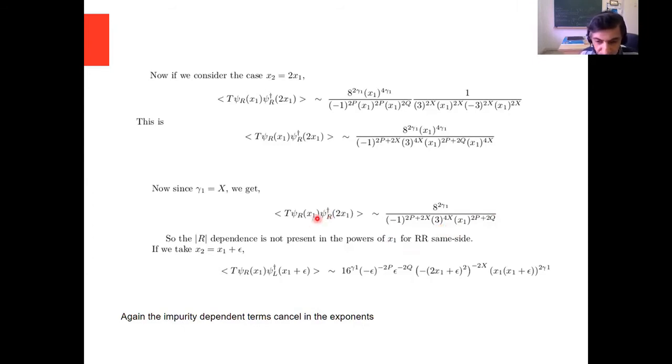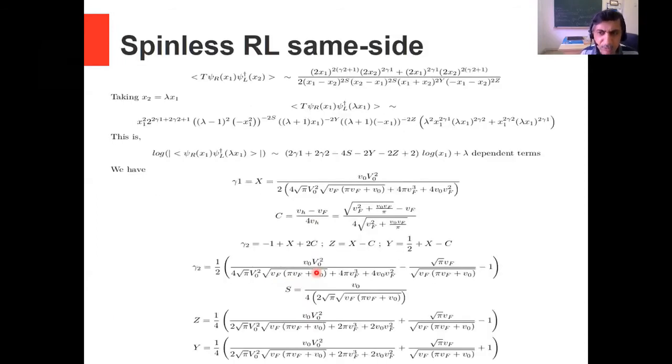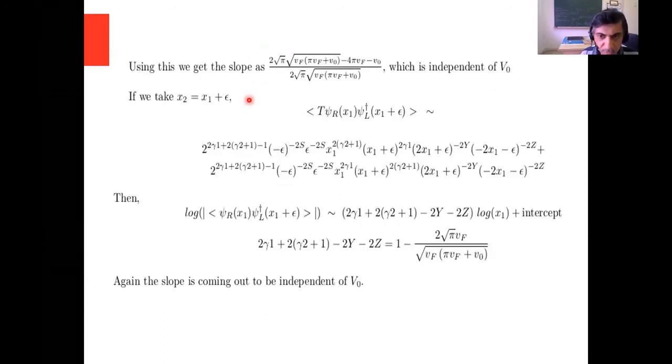So regardless of whether you do it as x1 times 2x1 or x1 plus epsilon, whatever it is you do, the impurity cancels out. So same with the right-left correlation function. Of course, this is identically zero in a homogeneous system, but then it's not zero when you have backward scattering from the impurities. And then you see that explicit formula also, that